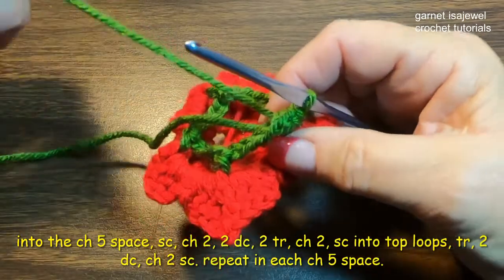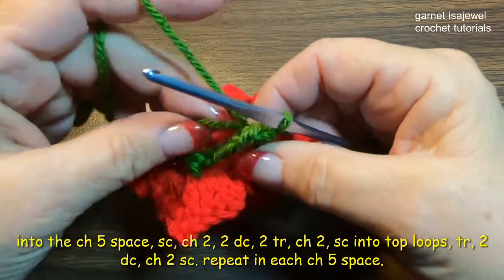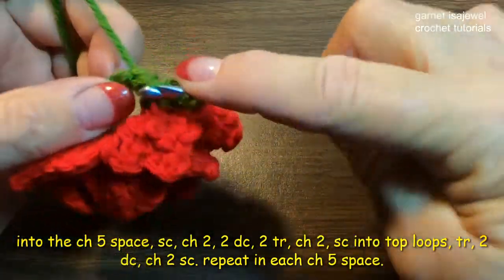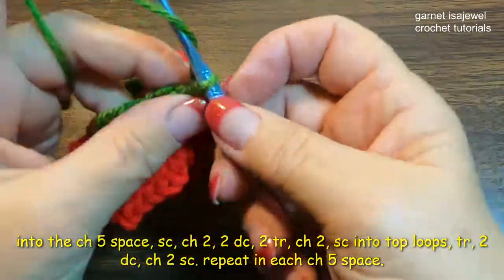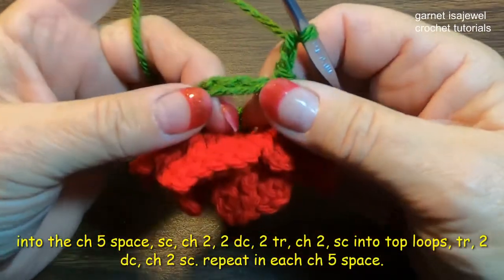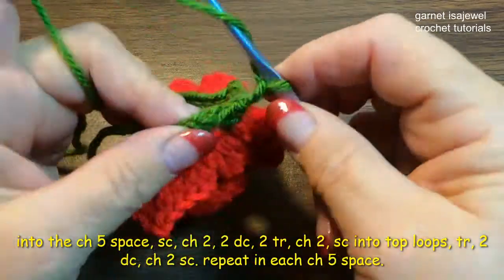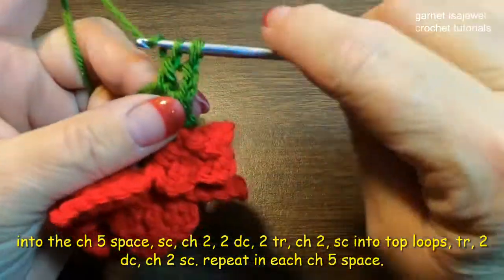So with our tail, we're going to be placing it along our chain 5 under our stitching. So after our slip stitch right here, single crochet directly onto the chain 5. Remember to pick up your tail. Chain 2. Now you'll notice that we've been building stitches for each of the petals, and this one's going to be the same. We're going to be building on this, so 2 double crochets,